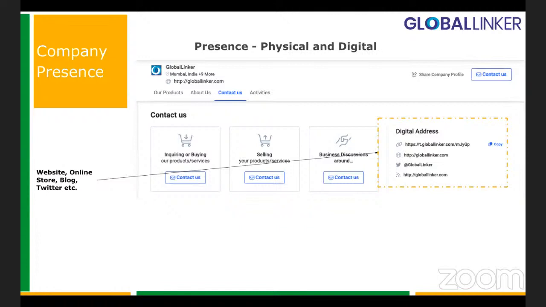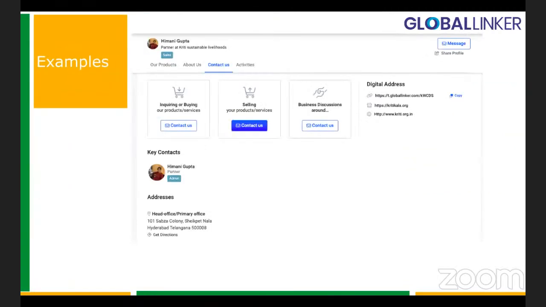And your handles would be available for my business so that the buyer can go and click over there and view my handles easily. So make yourself as readily and easily available as possible so that somebody can reach out to you and know where else you are available as well. Here are some examples of companies where we have just put it. It's not necessary you have to fill it up, but it's good to ensure that whatever information you have about your business, please add that over there.